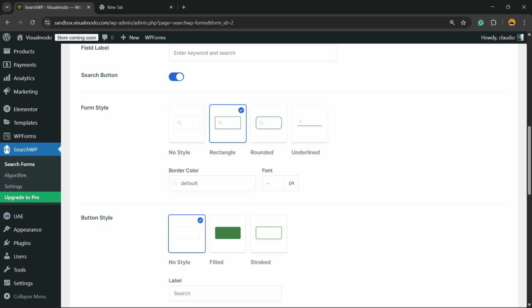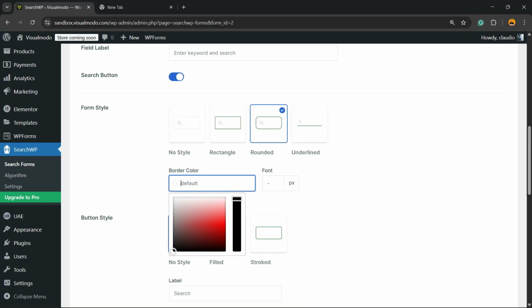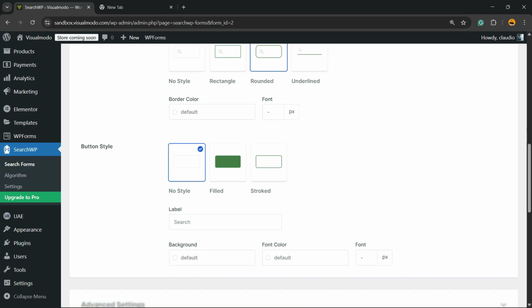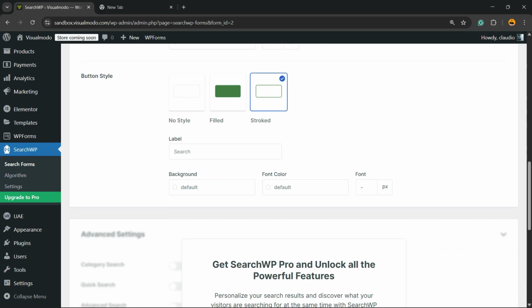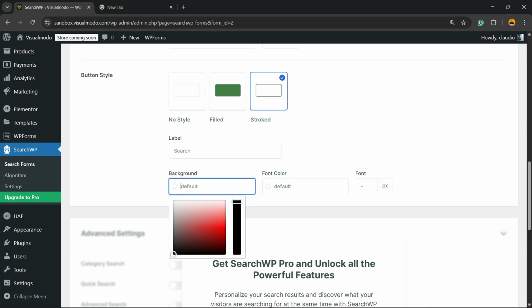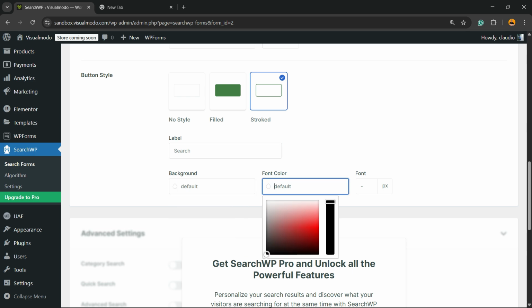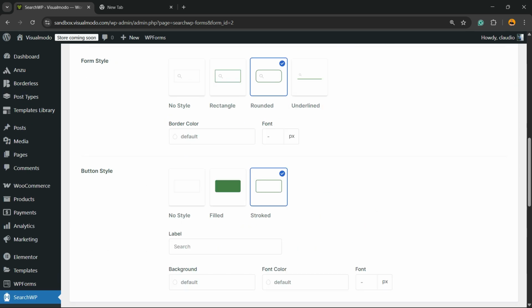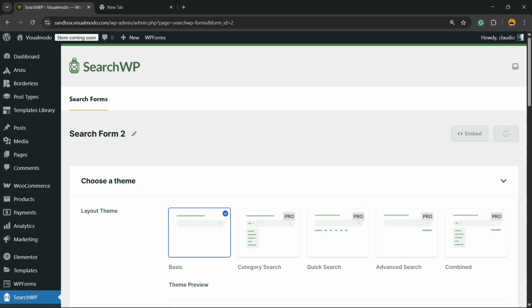You're gonna be able to change the style, make it rectangle, or round. You can change the border, the font. You can change the border style for no style, filled, stroked, up to you, okay? The label, the background, the font color, and the font size. After doing this, all you're gonna need to do is hit the Save button into the upper right corner of your screen,